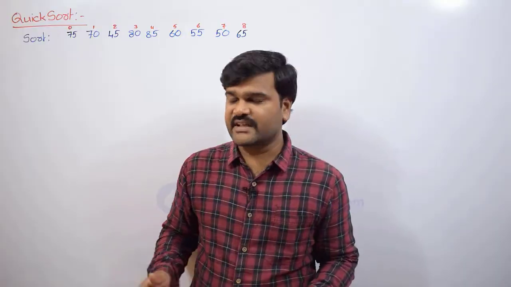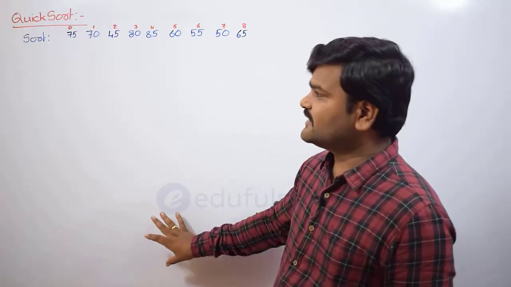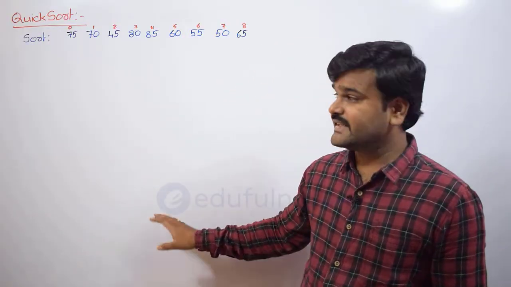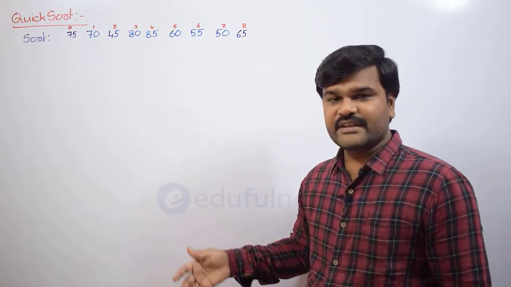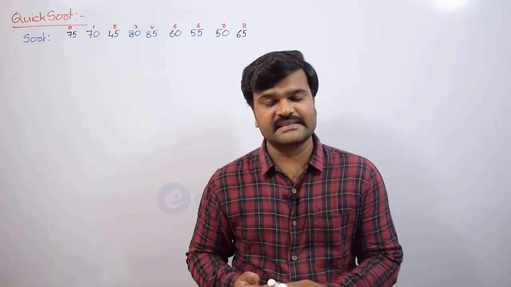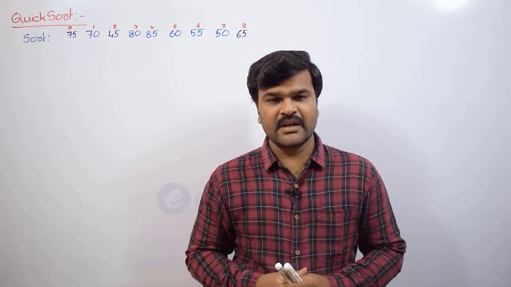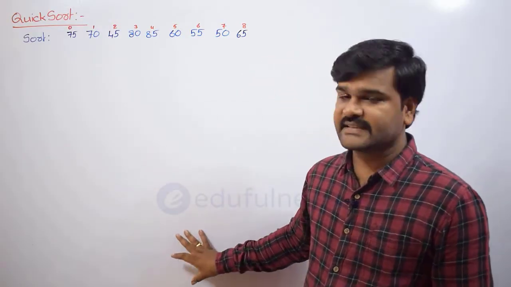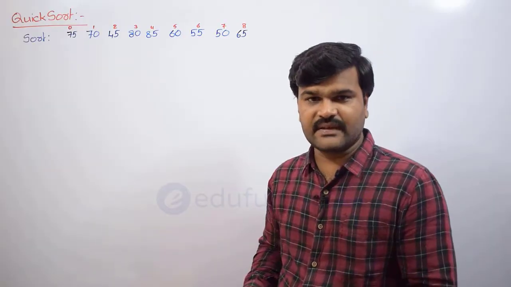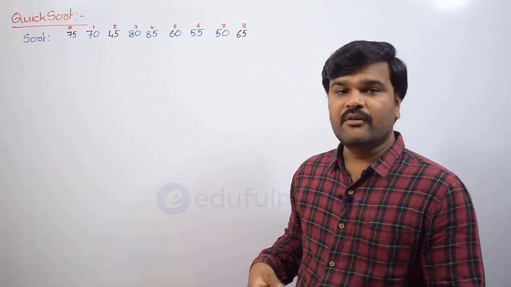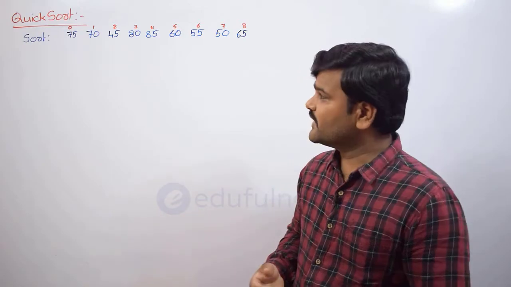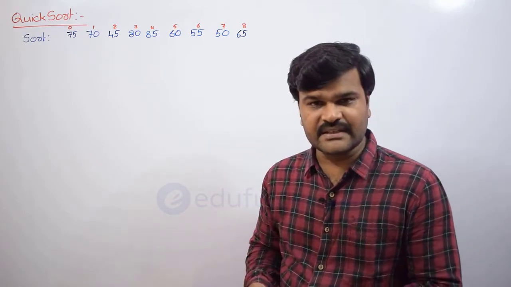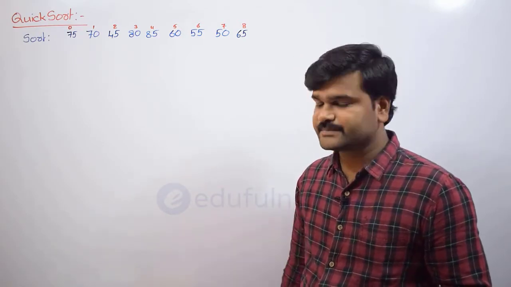Even here, let us follow the same thing. So let us try to understand what this quick sort is. As the name implies, it is going to sort the elements very quickly in some cases, not in all cases. After understanding this example, let us discuss different cases when it is going to sort the elements very quickly and when it is going to sort the elements very slowly. So let us try to understand clearly.